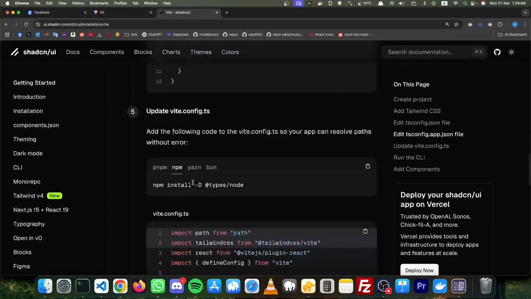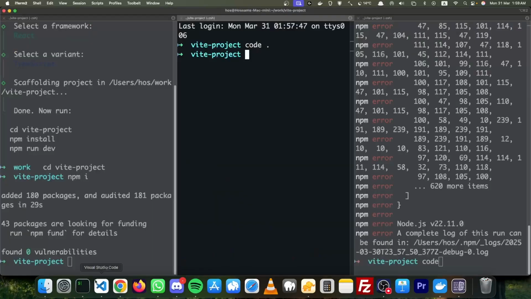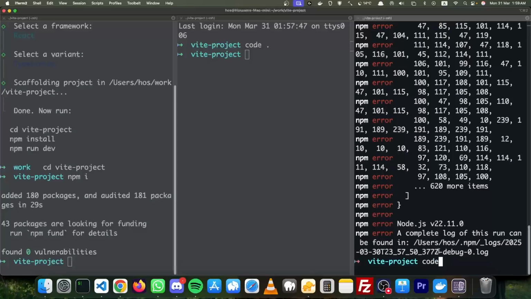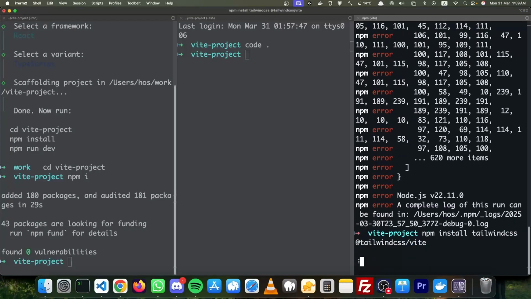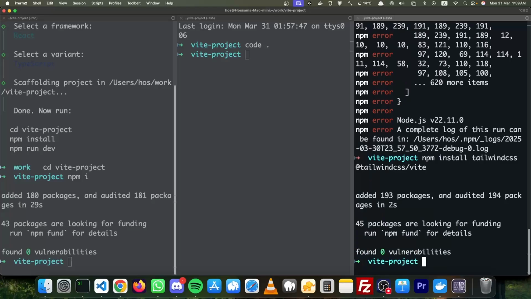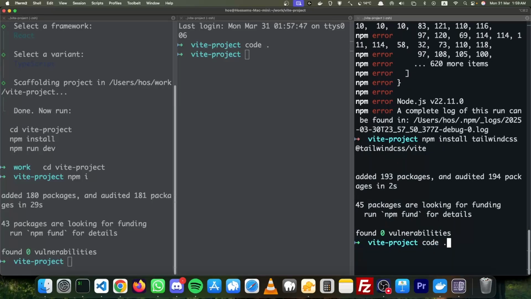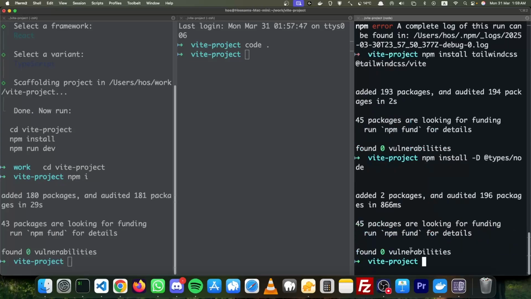Okay. After that, you need to install resolve paths without error. If you want to resolve paths without error, you have to add this as well. Okay, here, what was the error here? Okay, installing types/node. Now everything I think is okay,